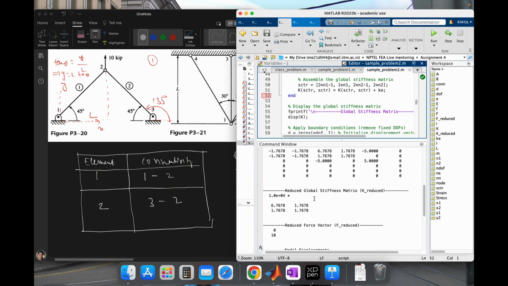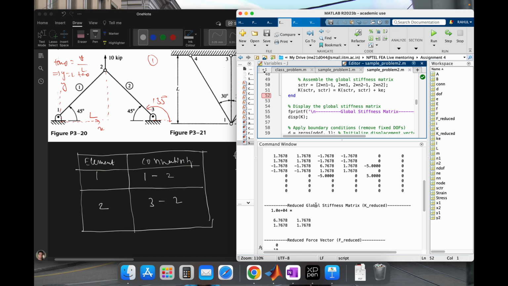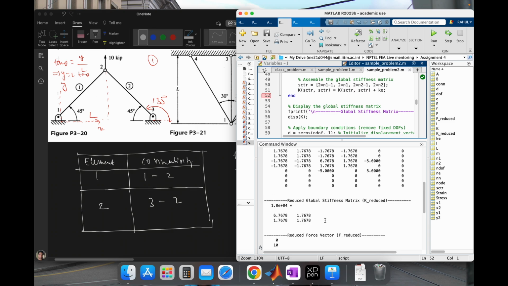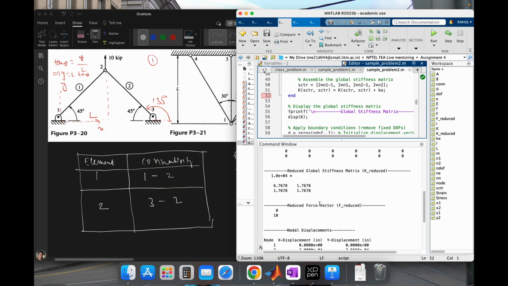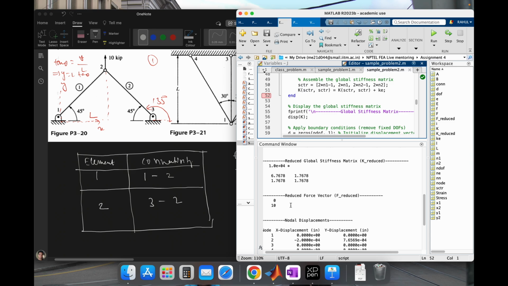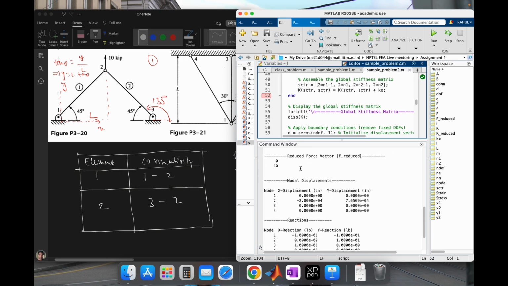Okay, so now we also have to find what will be the reduced matrix. Because we already know that only F3 and F4 are known, only that part of the global stiffness matrix we can take, and because of that this will be the reduced global stiffness matrix and this will be the reduced force matrix. Here you can see that F3 equal to 0 and F4 equal to 10. So after solving